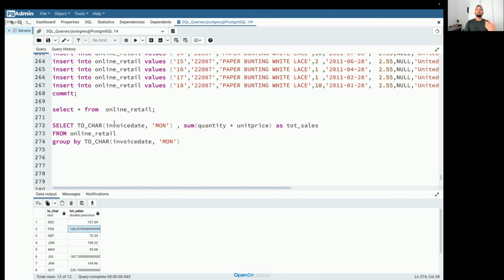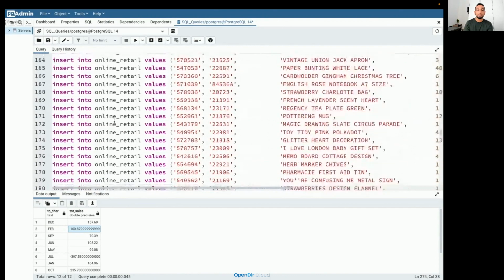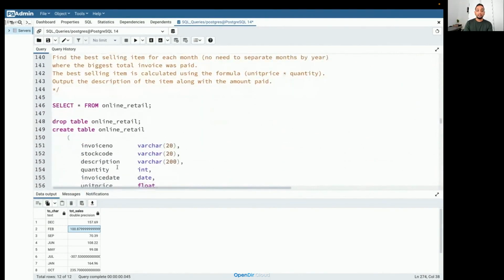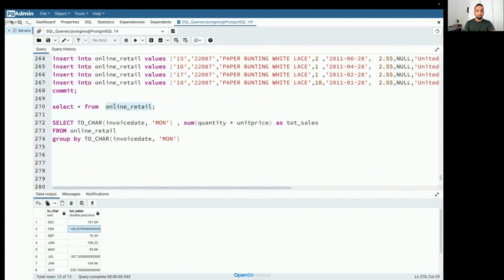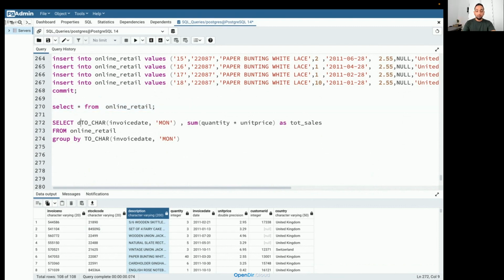What I want is not the total sale that happened in each month. I want to know the best selling item, right? My item is present in, I think, my column description, right? So I need to also display the item that was sold, the best selling item for each month, right? So that means I need to use that column description here. So description, okay, and that's it. So this one I'll just call month, and then description I'll call as item, just to make it neater.